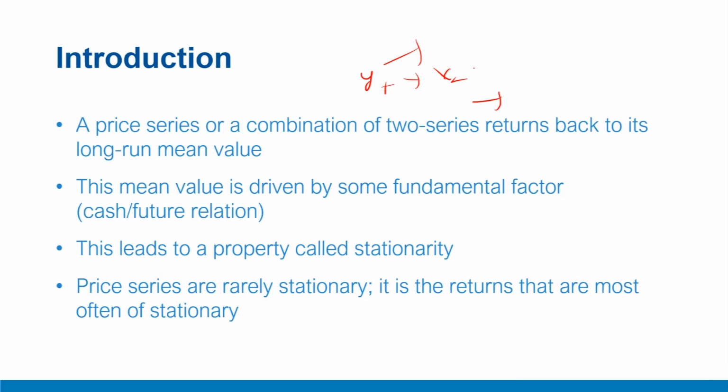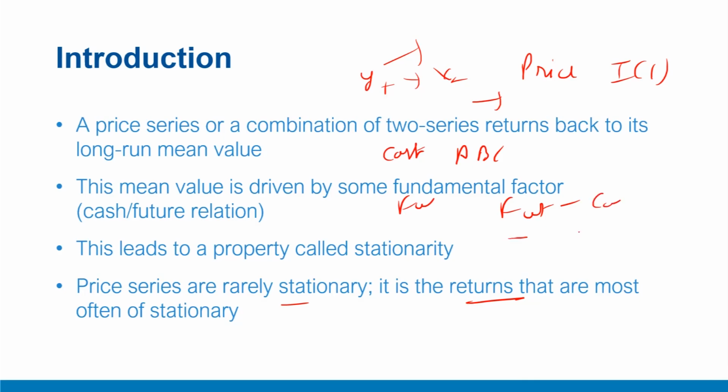For example, often it has been found that prices are I(1). Prices are an I(1) process, that is integrated of order 1, and that is they are non-stationary on their own. So you need to take first differences, like compute returns. Returns is also a form of first differencing. So you have to compute returns or take first differences to make them stationary. However, when we look at prices of cash equity of the same underlying ABC stock and futures and take the difference of cash and future, the resulting series would be stationary in itself.